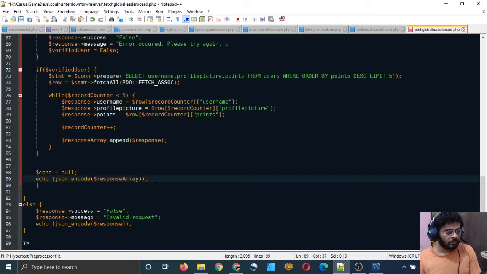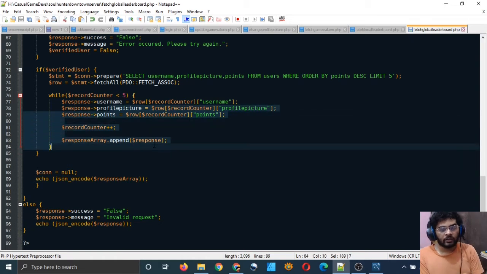The response array variable is structured the way a JSON array is structured, although it will be converted into an actual JSON array by this function. This function will convert our array into a JSON array. We are not creating a JSON array in our PHP file, we are just creating a simple array.